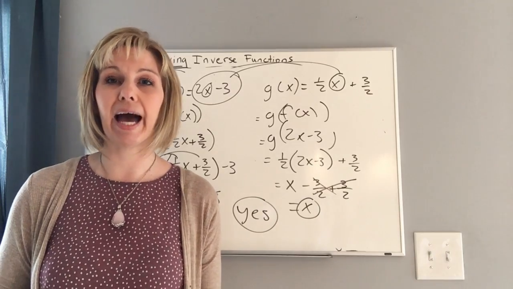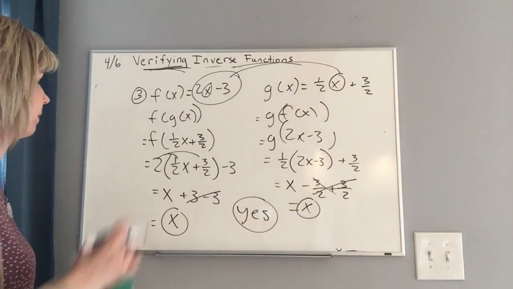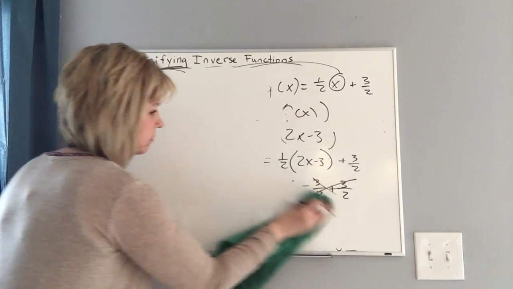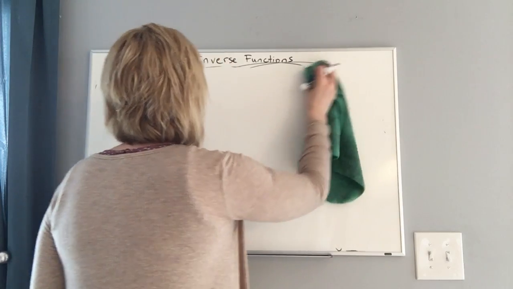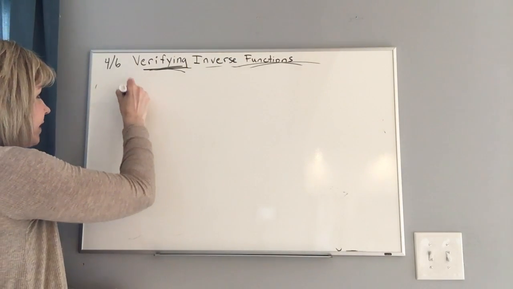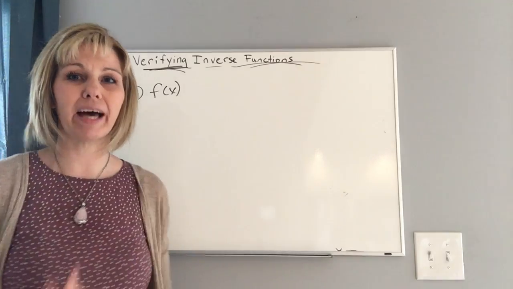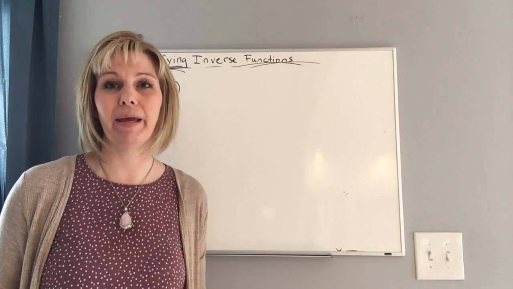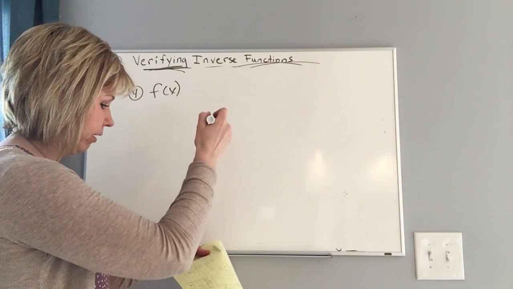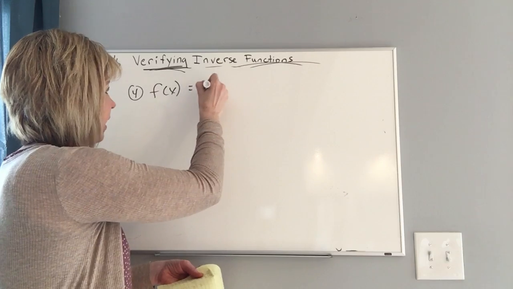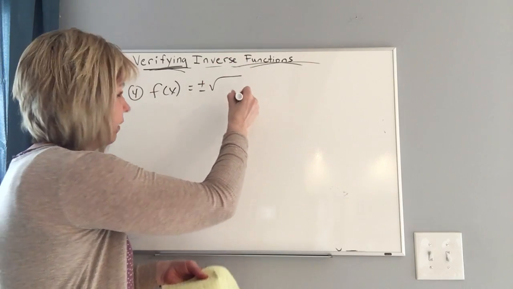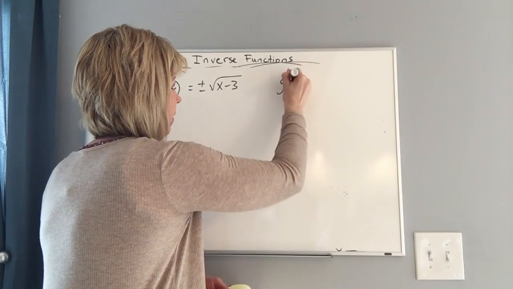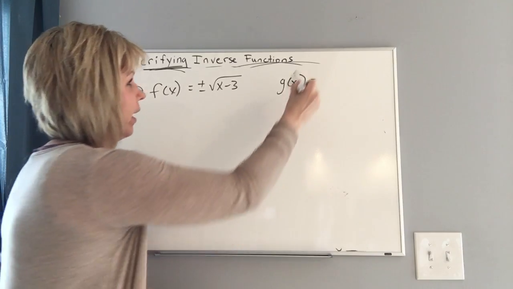All right, we have one more that's a higher power for number 4. All right, number 4, if you could write down f of x. And on the worksheet, if there's other letters like h of x or g of x, you're just composing them for each other. It could be any variables, but I'm just putting it for our notes. F of x equals a positive and negative square root of x minus 3. And then g of x equals x squared